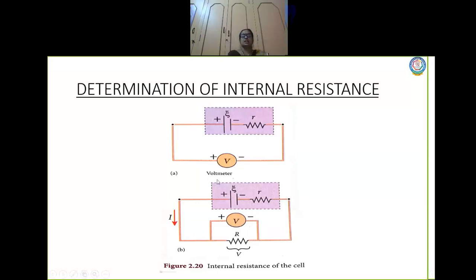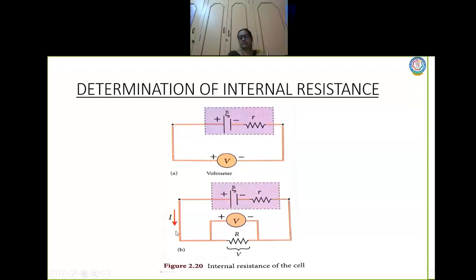So what happens when you connect a battery to this? Suppose the EMF of the cell was found to be 5 volt before the resistance is connected. What will happen to the EMF now? This will be reducing. Instead of 5 volt, it will become some 4 volt or 3 volt. What is the reason for that? You are connecting a resistor parallel to the voltmeter. The current is flowing here, and some amount of current is taken by the resistor. So naturally the potential difference will be reduced.